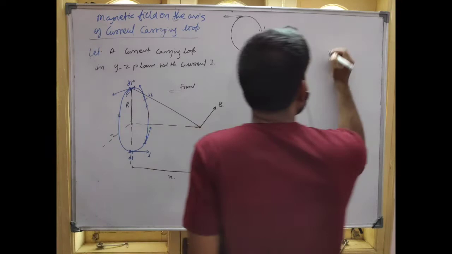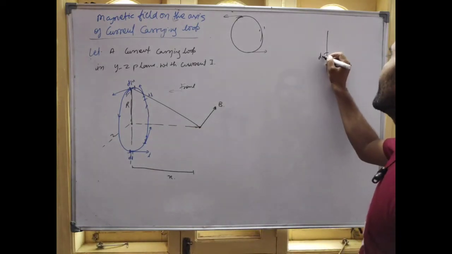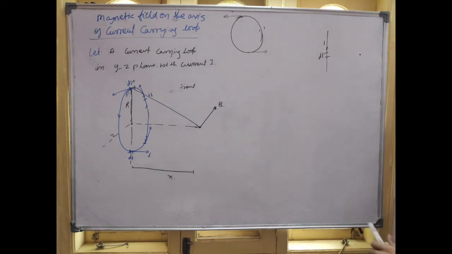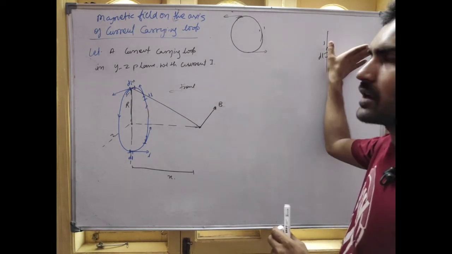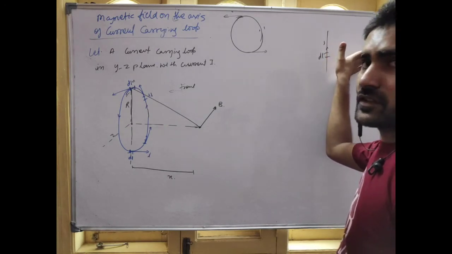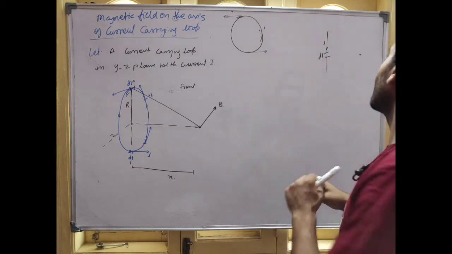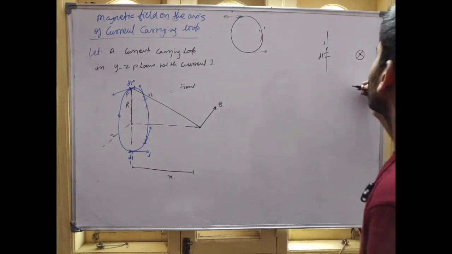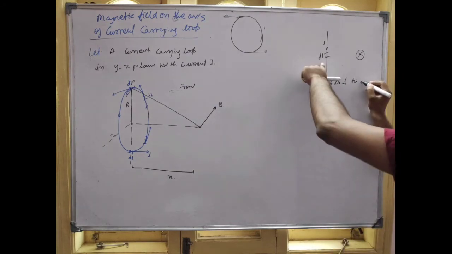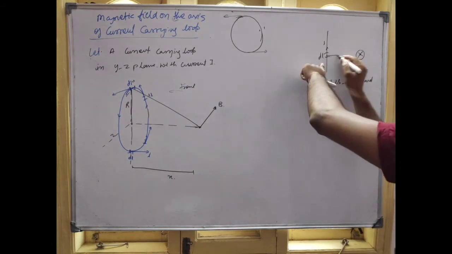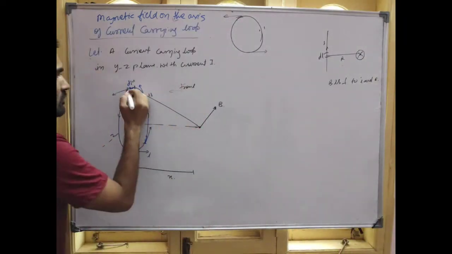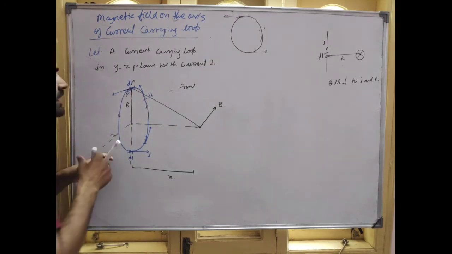See how we find it. If we take dl, this is the current. If I want to find the magnetic field at this point, how will we find it? Keep your thumb in the direction of I, and stretch your fingers in the direction of B. So where is the direction of the magnetic field? It is inside, like this. Yes or no? So B is perpendicular to I and this radius R, so it should be perpendicular to this and this. Ultimately it is like this.